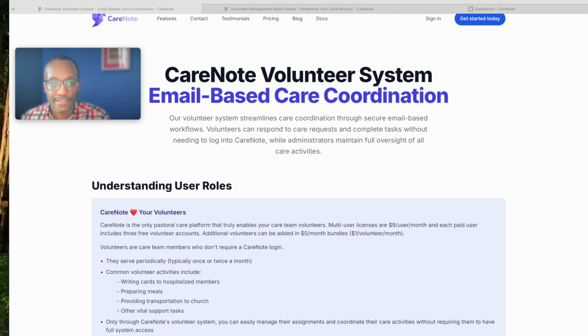And the idea that they had to pay a monthly subscription fee for that user felt a little out of reach. So, after talking to some churches and thinking about it, we decided, or I decided rather, to add a volunteer system into CareNote. And here's basically how it works. Every paid user in CareNote enables you to have access to 3 free volunteers that interact with CareNote via our